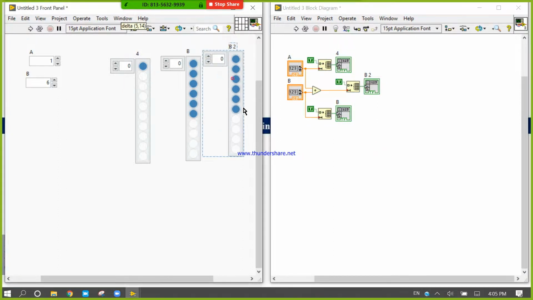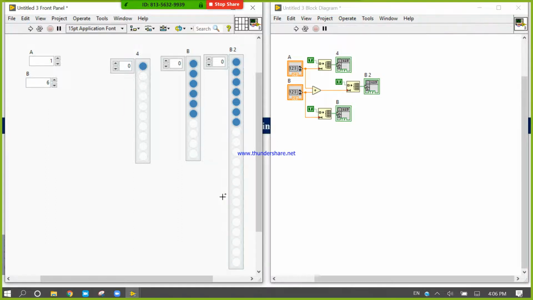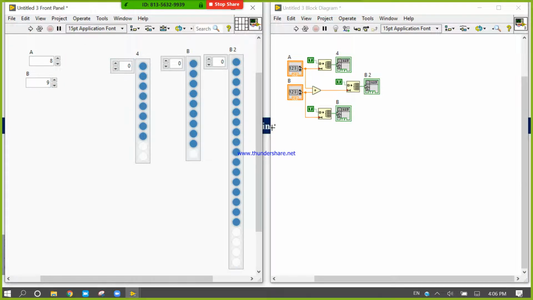By using this concept, I can generate 1 plus 6, 7. What happens when it goes more than 10? What happens if I write 9? It is tough for a child to count 18, 20, 25, 555. At that time we need one logic.